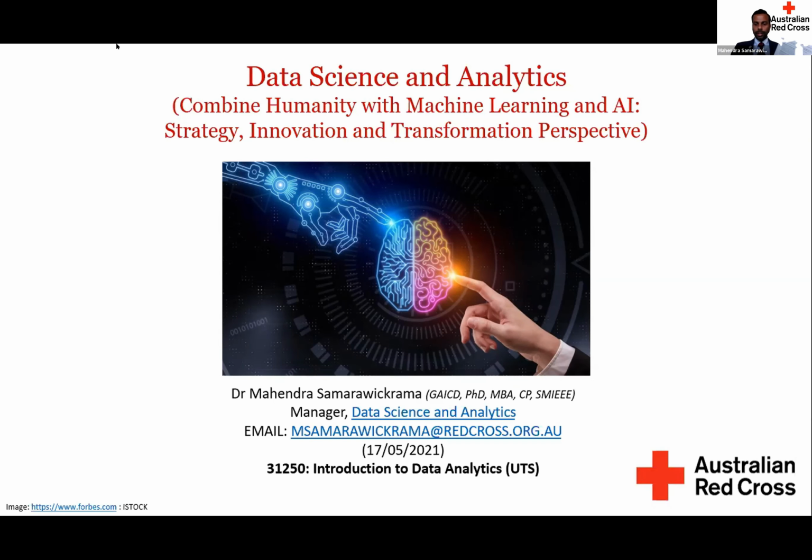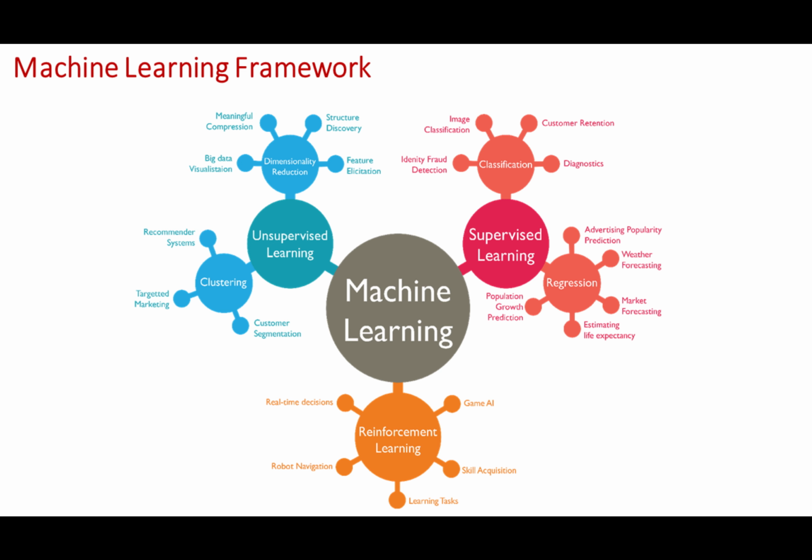First of all, I know everyone knows what machine learning means in terms of algorithm. So machine learning is a set of algorithms which can be used to uncover patterns in the data. So if we have historical data, there are different types of algorithms. It can be classification, it can be clustering, it can be regression. Depending on what kind of pattern we want to uncover in the data, there are a set of algorithms, and